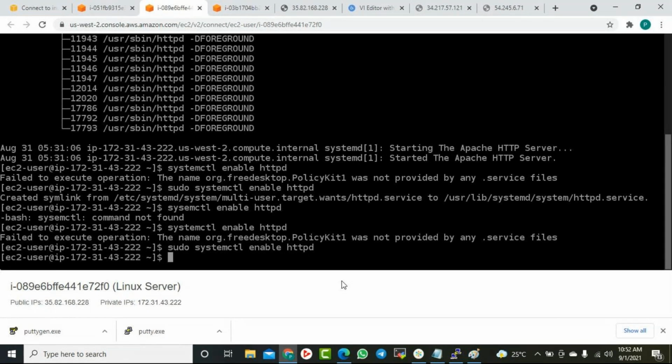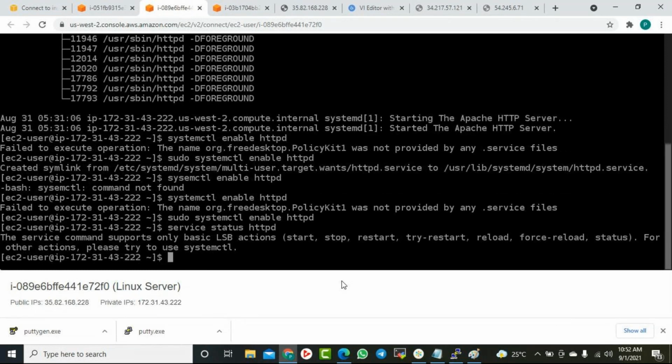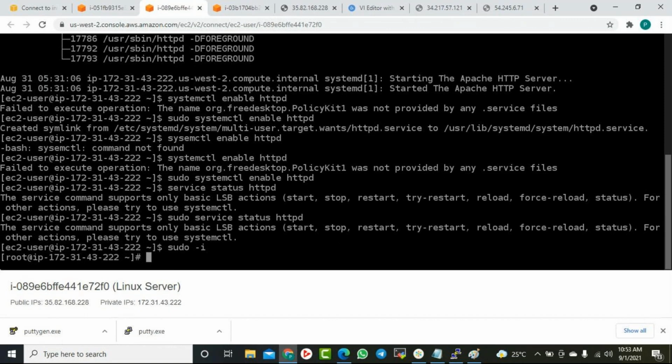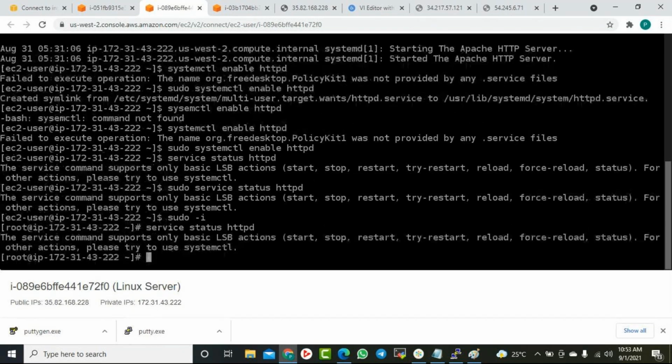So now if you see the service status for httpd, because I started it. Again, sudo. It is not taking the status like this, so first let me switch to the root user to avoid anything. Then the status of httpd.